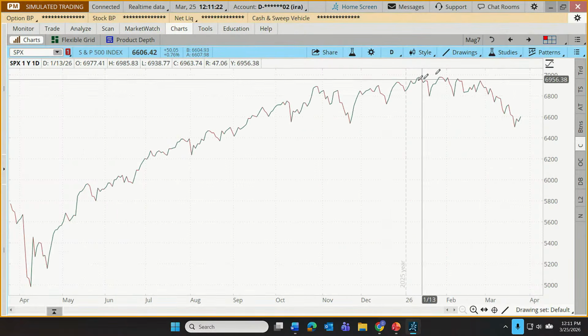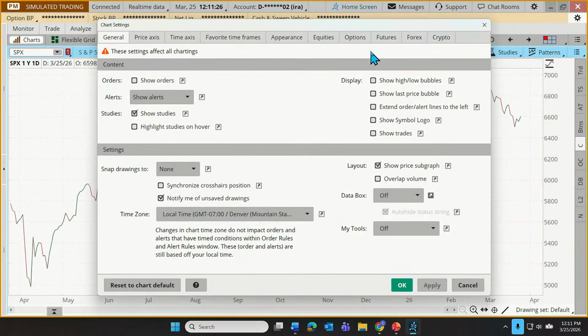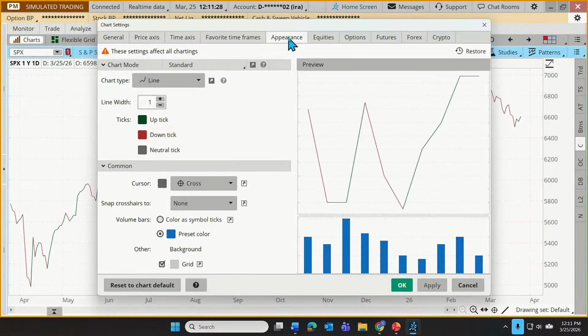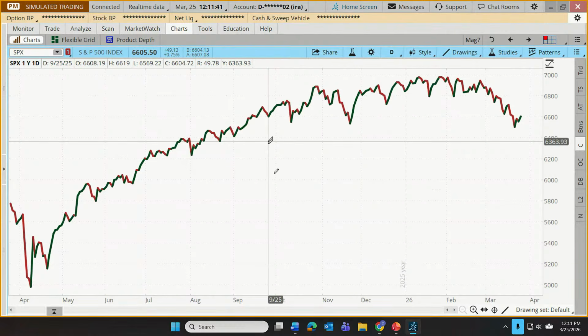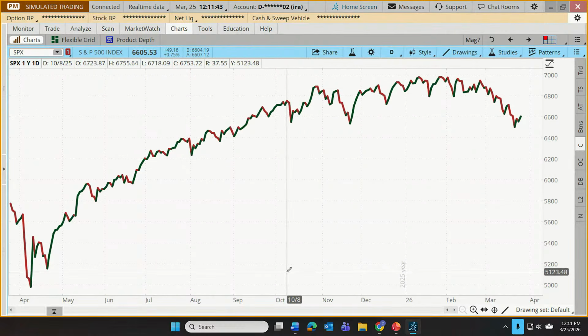So again, let me just apply this so that you can see the process of applying the thicker line right from the start. I'm going to go back up to our chart settings gear icon, go to appearance of the chart, and let's dial up that line width to a 5. We can keep going making this thicker if we want to, but that works for me. I'm going to click apply and click OK. And now we have a nice clean line chart. There are no other technical studies applied.